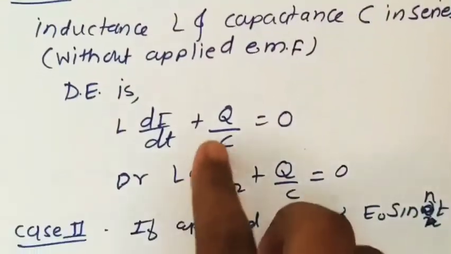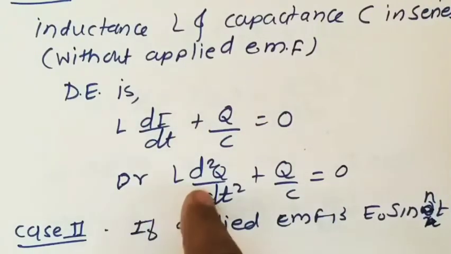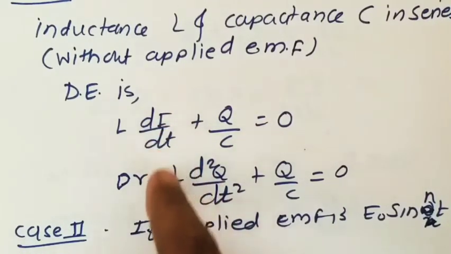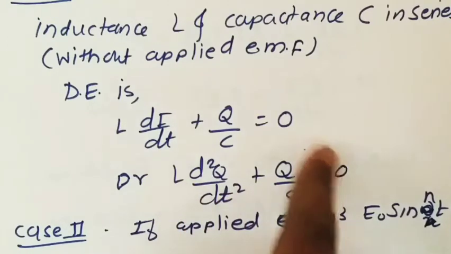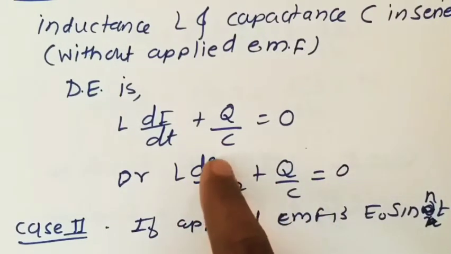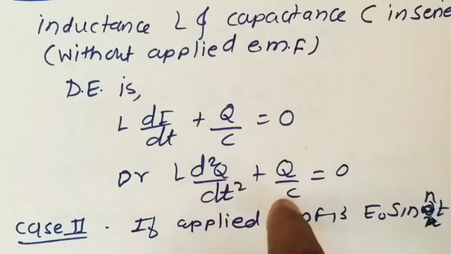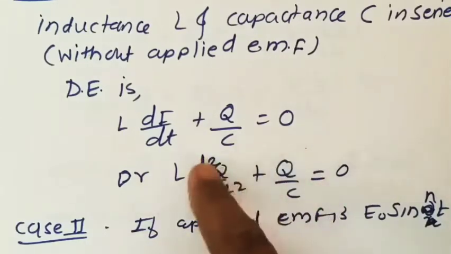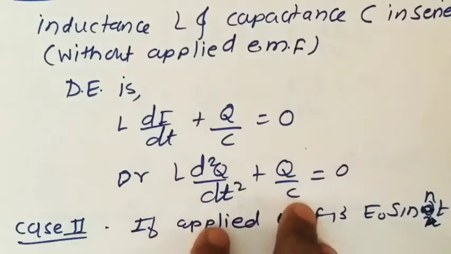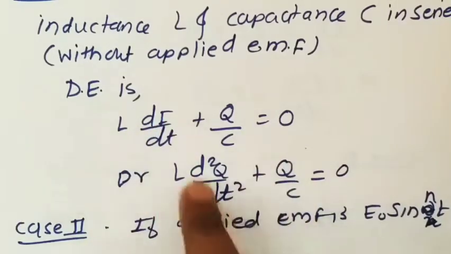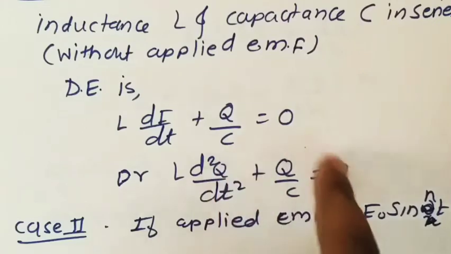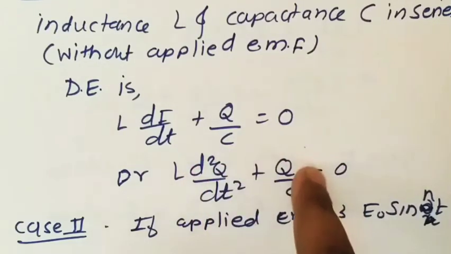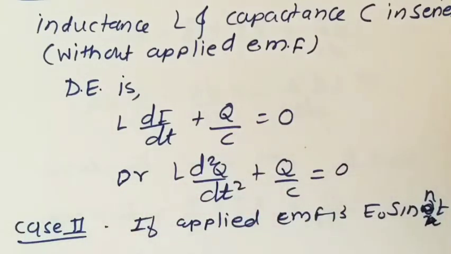Now this differential equation can be written as follows. If you replace the value of di by dt, which we have just discussed, it is equal to d2q by dt square. So we'll get a second order differential equation in terms of q and t, where q is the charge. This second order differential equation we are going to use in problems, not the first order one. Because this is a differential equation in q and t, it can be solved for q in terms of t. We'll get the charge in terms of t, and once we get the charge, we can determine the current from that.